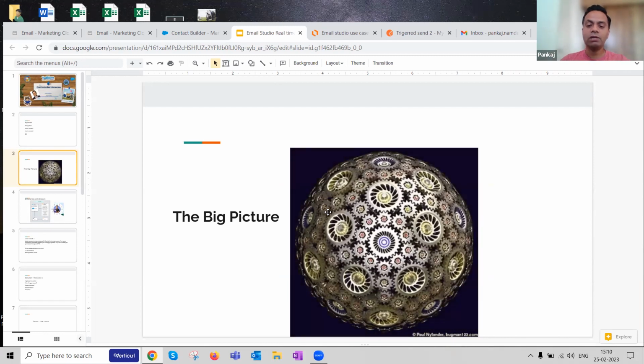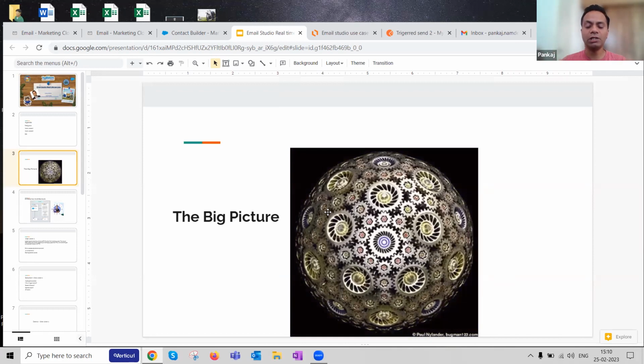That's the end-to-end journey, not only about Email Studio, in which you create an email or do some segmentation and subscriber management. That's a small part of the whole picture. Email Studio is one small cog in the whole value chain of the end-to-end use case.